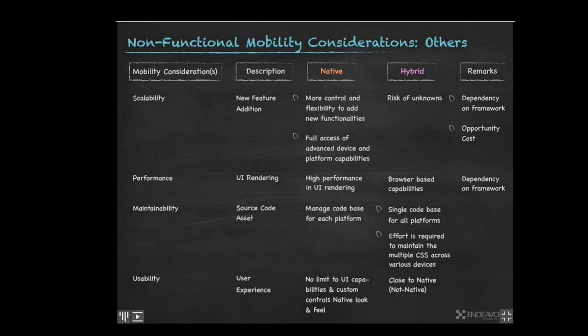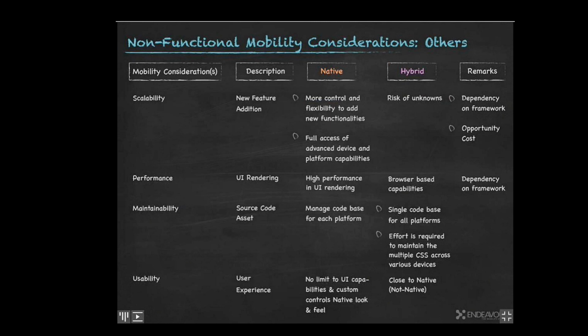When it comes to hybrid and web applications and user interface or user experience, although people argue that web applications are not UX friendly or not far rich in UX, they're not far behind as well. Of course, when you have more complex workflows and functionalities, you need native applications that allow you to go beyond what the platform or the normal display frameworks are offering to you. That's the beauty of it.